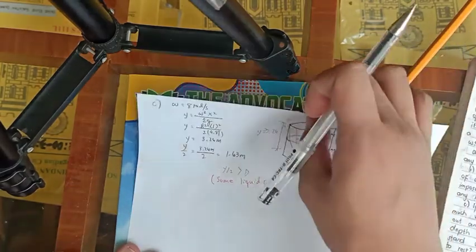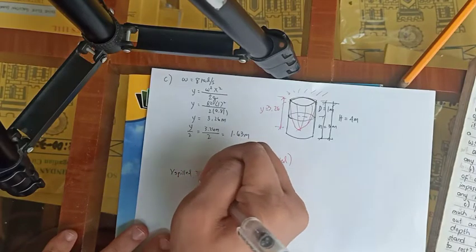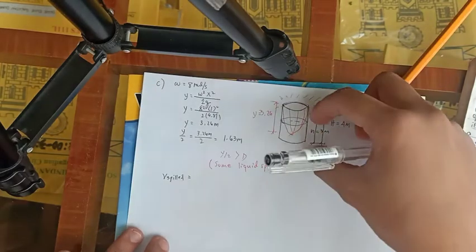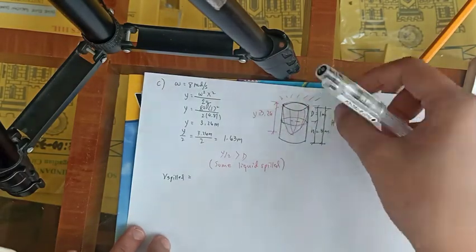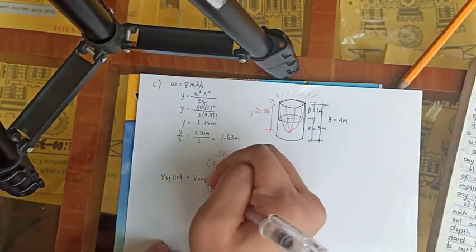To be able to solve the spilled volume, we need to know the original volume and the volume left. So we can also get the spilled volume. Therefore, V original